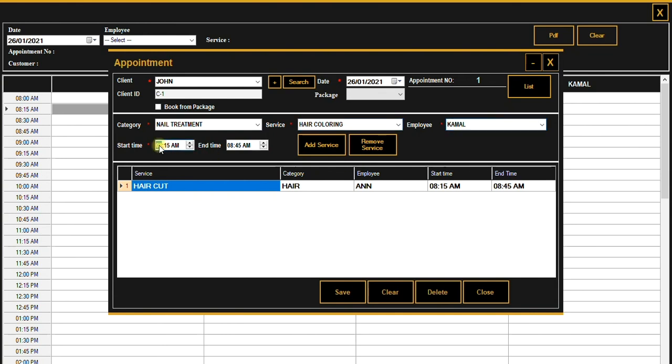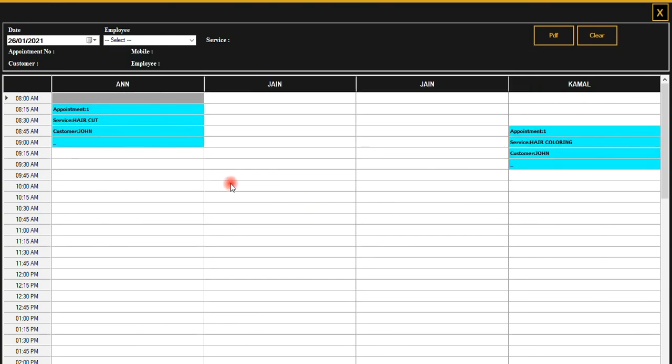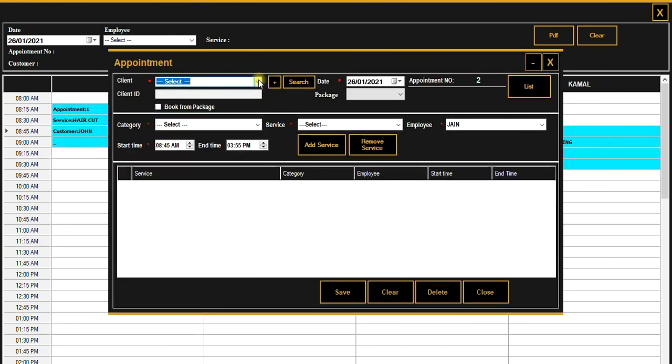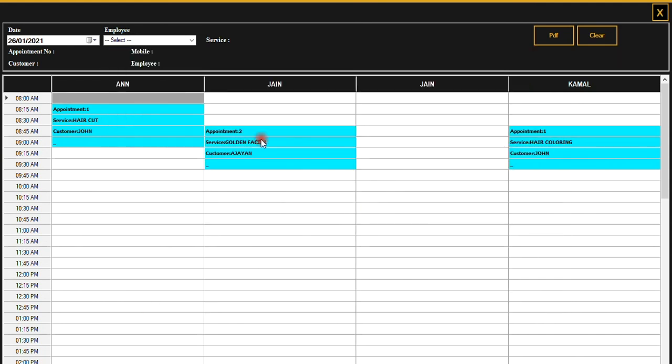The client name is already present at the top. And see, down below there is a row where, as soon as you put in the appointment, the line is already there. If you have to add one more thing, go back and add the other services, and it is done. If you see on the screen, whatever appointments you have added are there. Now I'll go to the next bar. In short, the entire day can be scheduled according to the time. Now I've taken the next client also, the first was around 8:30 to 9, now it is 9:30 or so. So for the next client, I go up again and add the services. See, the second client also appears.